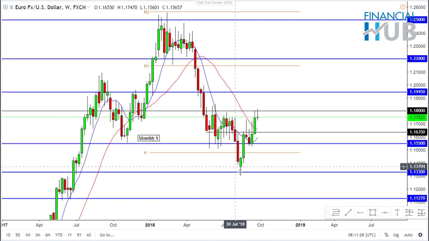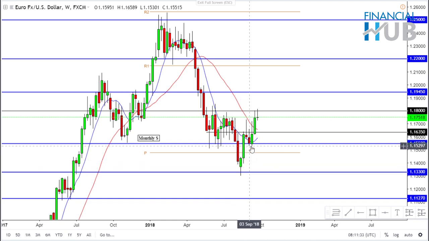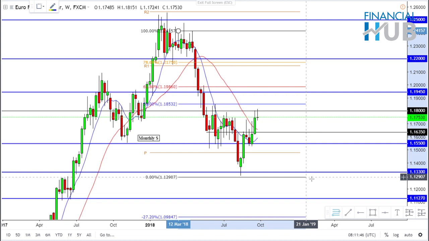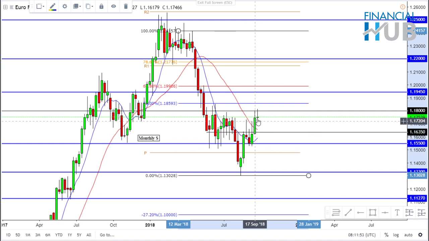So this is the euro dollar weekly chart. As you can see, my levels are already marked. We had some straight leg downside bearish momentum, then we had some consolidation before there was a continuation, but a quick rejection on the 1.330 zone, and from that time we have been seeing some bullish momentum coming into the markets. Perhaps we could get a pullback of this initial move, and if we are getting a pullback of this initial move before the real downfall and the collapse of the euro, then we could maybe expect the markets to go all the way to the